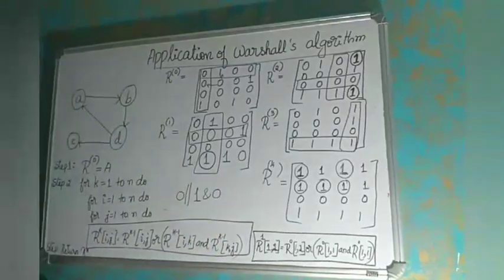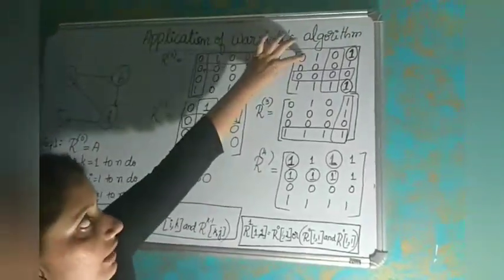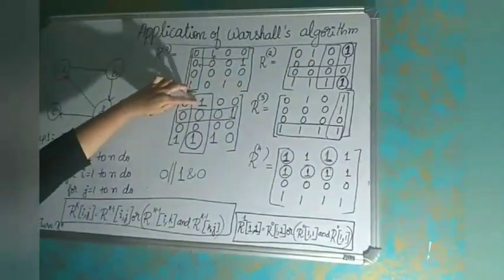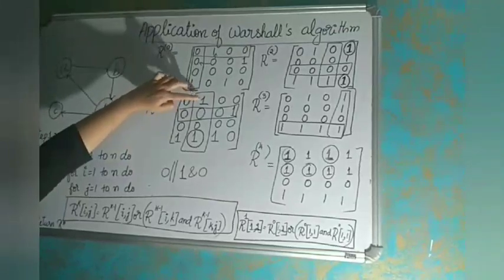You have to check inside the box, in the same row, what value is there. This value I will write as it is, 0, or inside the box in the same row we have 1, and in the same column we have 0. So 0 or (1 and 0) is nothing but 0 itself. So here we have the value 0 itself at this position.